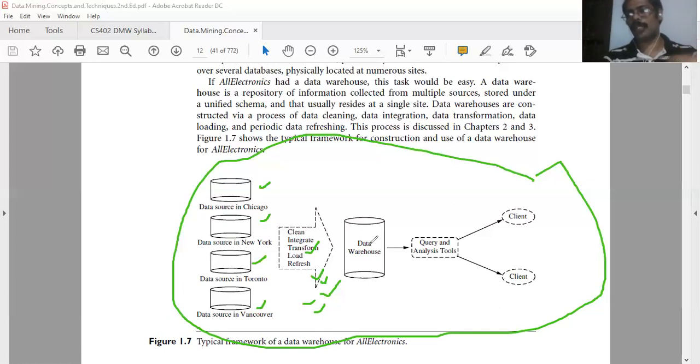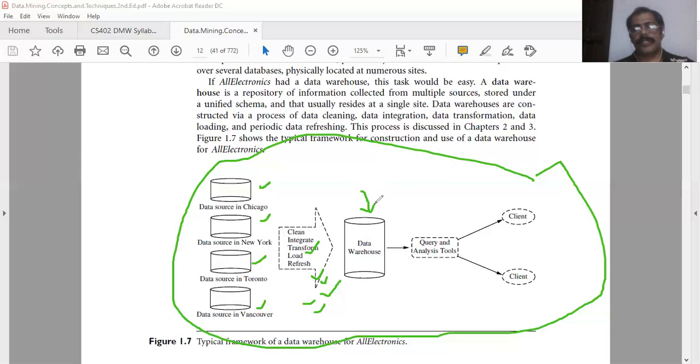The data is loaded into the data warehouse in a periodic manner, and refreshing is also performed. So the main operations that are used to construct a data warehouse are cleaning, integration, transformation, loading, and refreshing, and so the data is available in